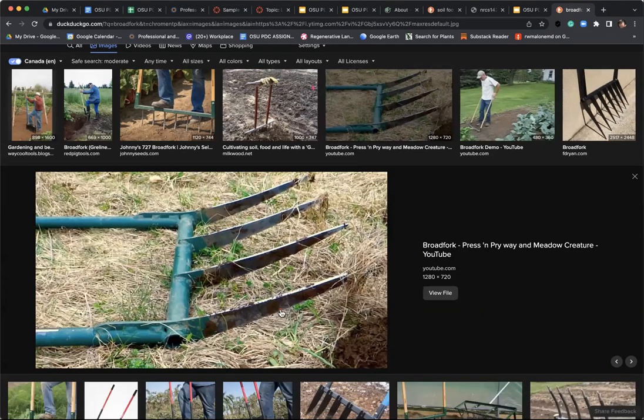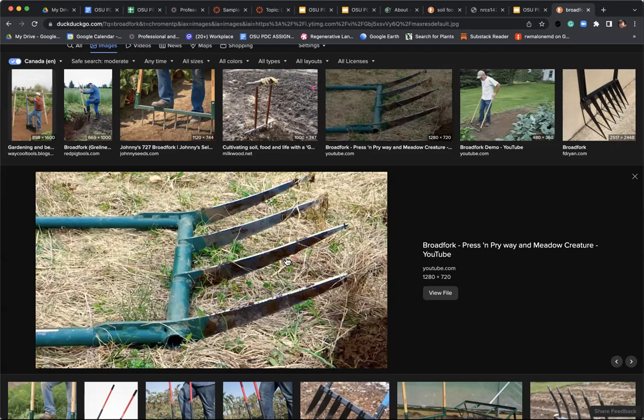Somebody locally in my area copied this and fabricated it. And I use this all the time. I use it on our installation projects when we're working on an urban site. You know, nine times out of ten, we're dealing with compaction. So the broad fork